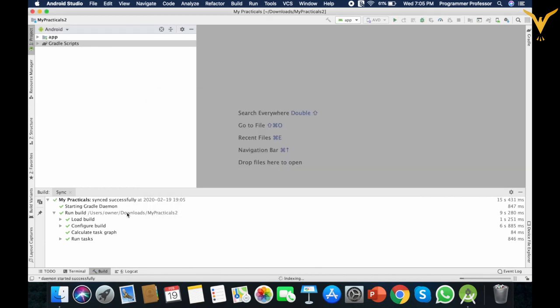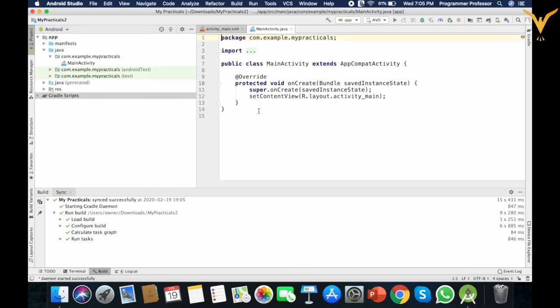My application is ready. It's synced successfully. So this is how your main screen looks. Oh, it's still loading. Yes, it's loaded completely. So this is your basic GUI part of your IDE.